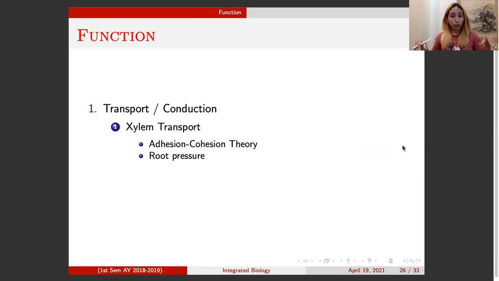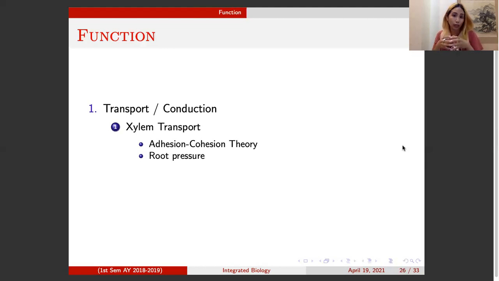Xylem from the root is, of course, continuous with xylem in the stem. So once water is absorbed in the xylem of the root, right, it is pushed, no? Pushed by the root pressure paakyat. Ano yung root pressure? You know that the root has a Casparian strip, where this strip is highly thick, and pag nakapasok na yung water in that area of the root, hindi na siya pwedeng lumabas. So, yung absorption ng water is dire-diretso paloob,